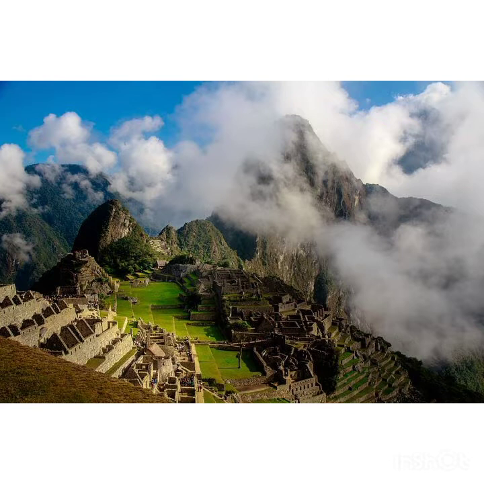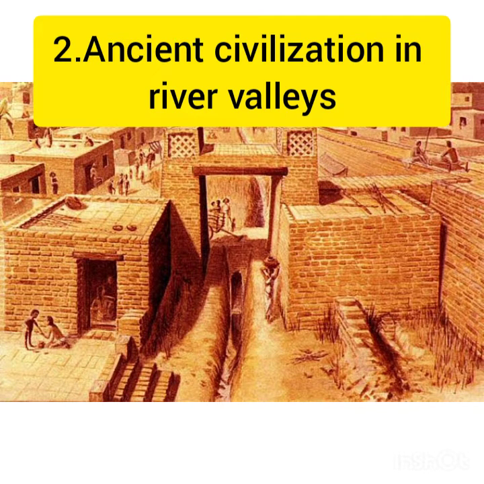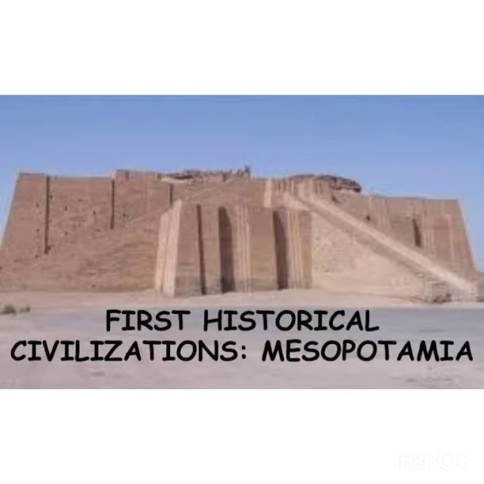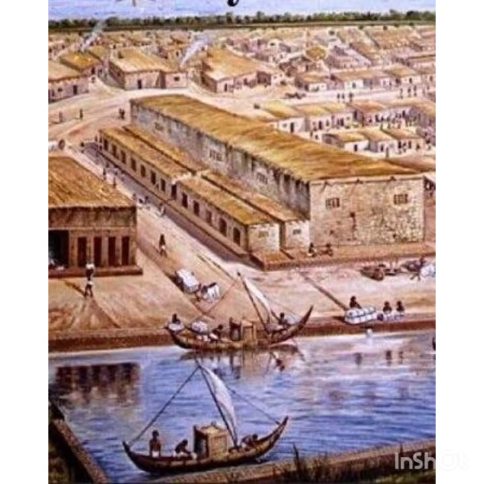The second point of that lesson is ancient civilizations in river valleys. Culture in the New Stone Age was based on the agricultural way of life which flourished along the banks of the rivers. Agriculture being the main occupation, fertile soil and constant water supply was necessary for agricultural production. People in the New Stone Age established their village settlement on the banks of the rivers. New Stone Age culture gave rise to the early civilizations and around 3000 BC, that is before Christ, the ancient civilizations